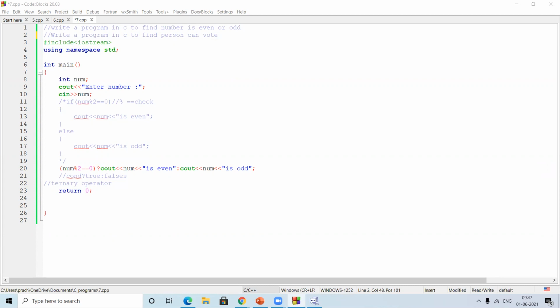And, or, not. Yes. You know that, correct? Okay, no issues. So we'll combine if else and the logical operator. First do a simple example and let me know whether you are able to do it or not.